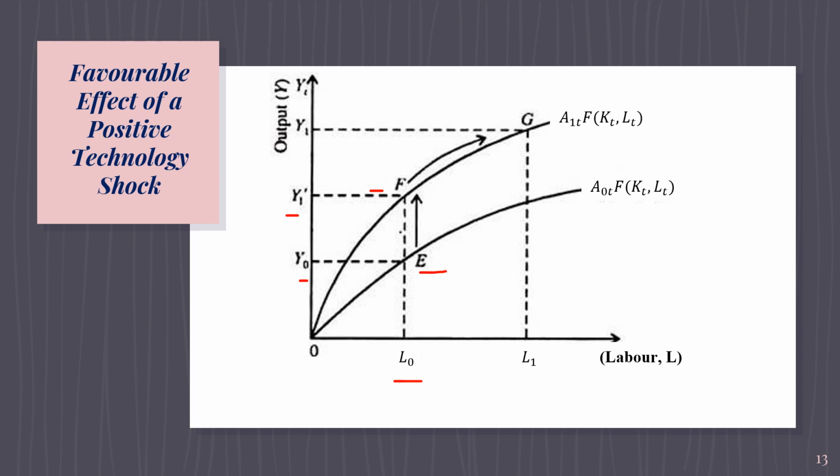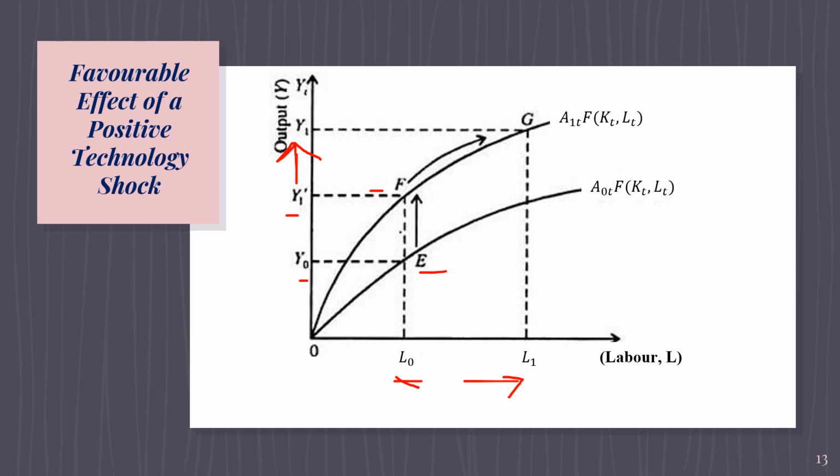However, as the marginal product of labor at the given labor input of L naught rises in a competitive economy, this will lead to a rise in the real wage rate. This rise in real wage will lead to an increase in the labor input from L naught to L1. More labor input, or more labor employment, will cause a rise in the level of output to Y1.